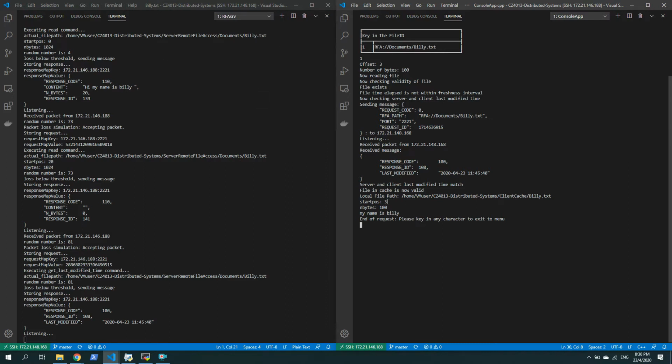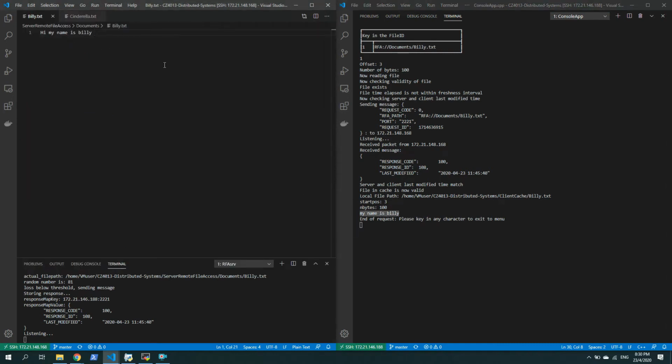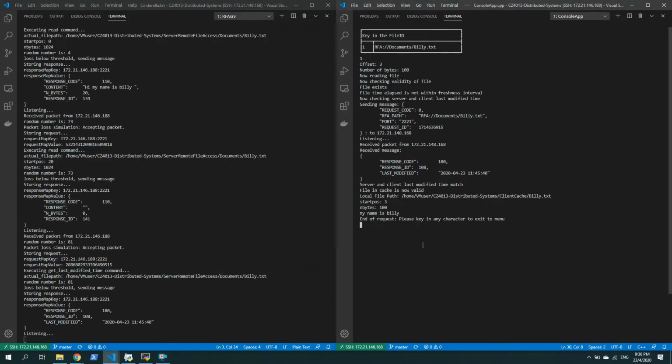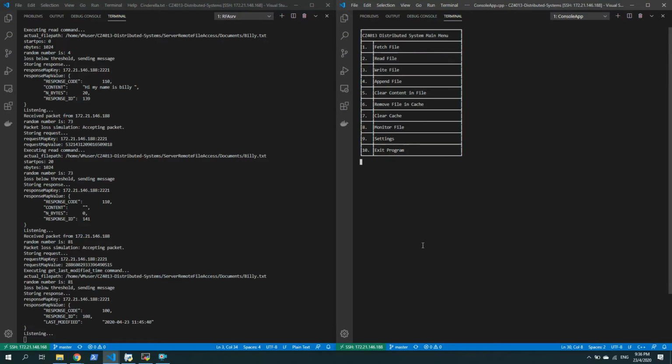So next we look at the start position 3 and the text read, which is "my name is Billy." So going back to the text file on the server, we can see that clearly it has omitted the first 3 bytes, which are "Hi" and the space, and has started reading from "my name is Billy." Also take note that this is actually reading from its own internal cache. Now we have downloaded Billy. Let's exit to the main menu and try to download another file,